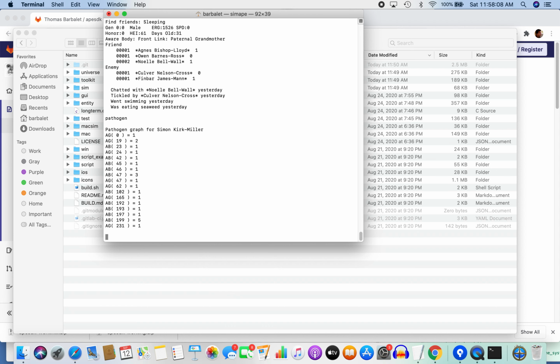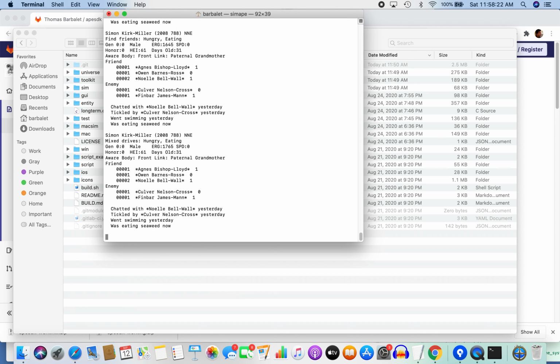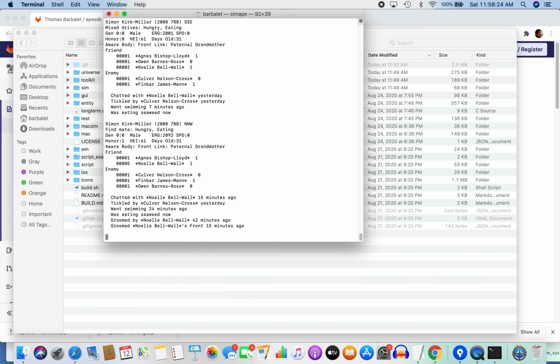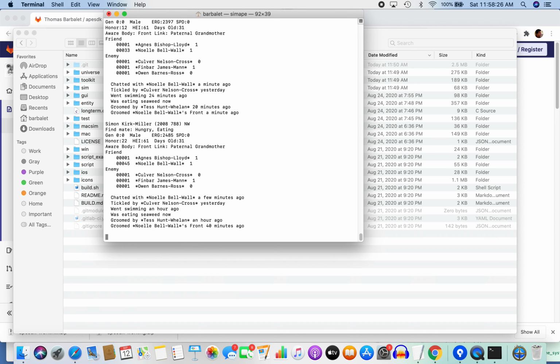Okay, so this is the pathogen information we found a little earlier. I'm going to make this a bit more user-friendly. I'm going to record another video to make it user-friendly. But you can run the simulation, and it'll watch one specific ape. You can then